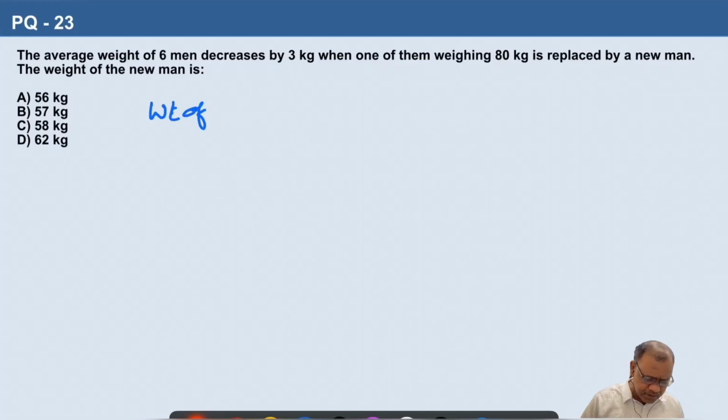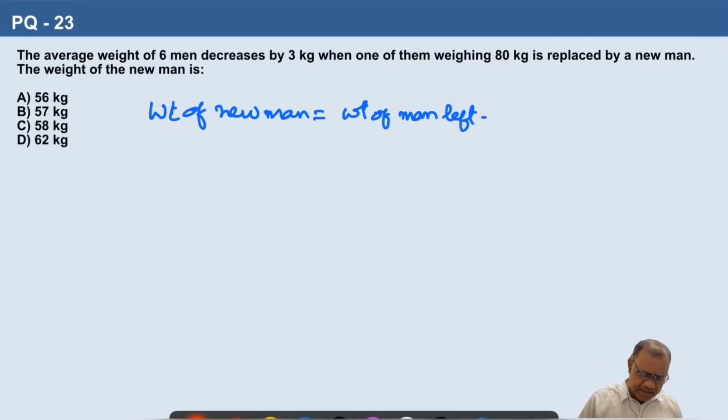So weight of the new man is equal to the weight of the man left minus the average decrease into the number of men. So we should use this formula. So weight of the new man is, the person who is leaving is 80 kg